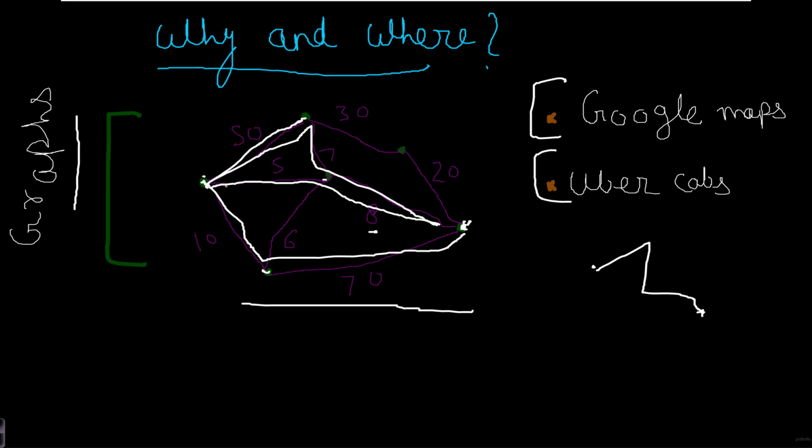But if we are using this single straight line, we need only 5 plus 8, which is equal to 13 seconds just to reach this point. So like this, the graph and other types of data structures are used in different fields as required. And not all data structures are perfect. Some work extremely well in some scenarios. Like in this scenario, your graph data structure works perfectly well, and here you cannot use a simple data structure like an array.